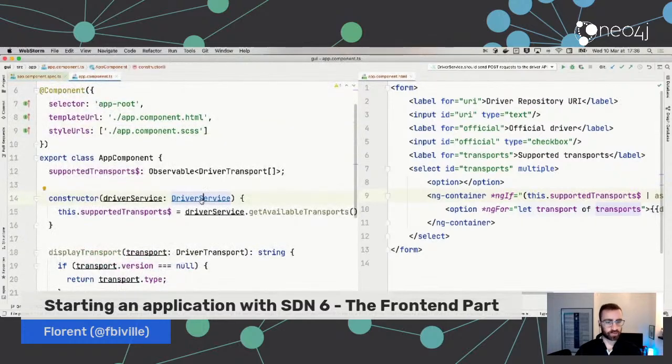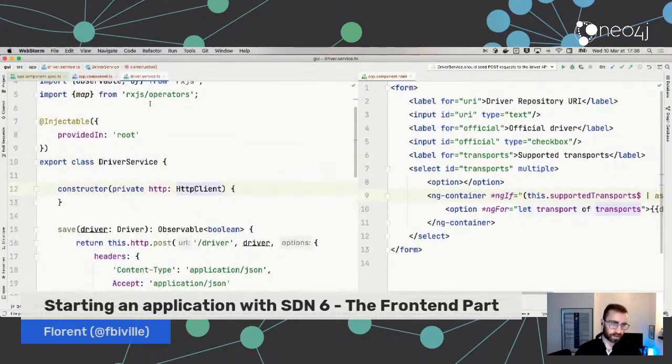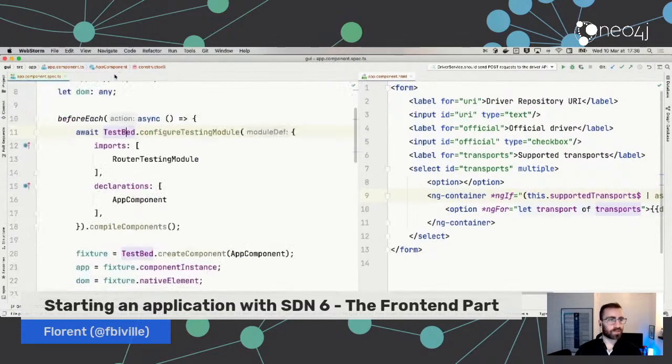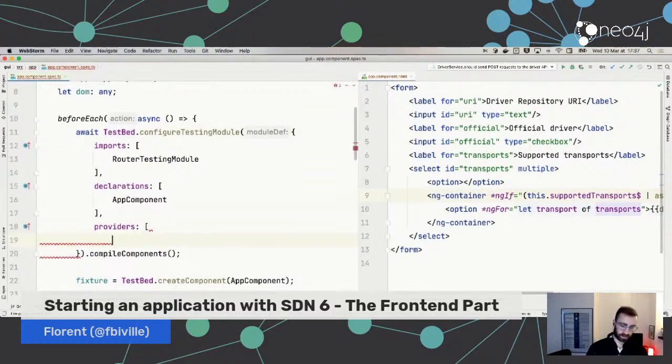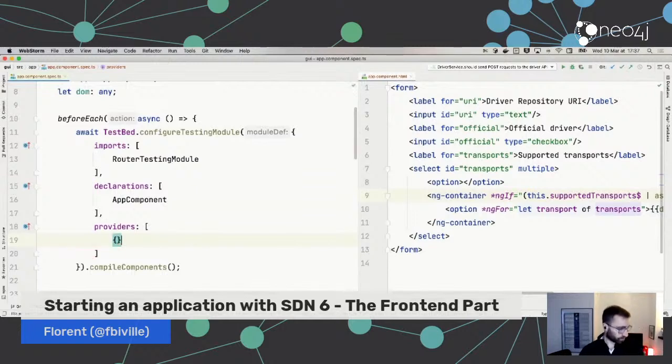And of course, if it tries to get the real thing, it will need an HTTP client, which is not something I want in a unit test. I don't want to have actual HTTP calls. So to that end, we'll have to do the usual, we'll have to use a mock. The way we use a mock is with the provider syntax. You can say for a given specific type, please use this specific value. So for this specific type, provide, in my case that's driver service,